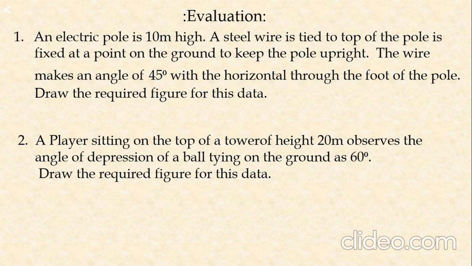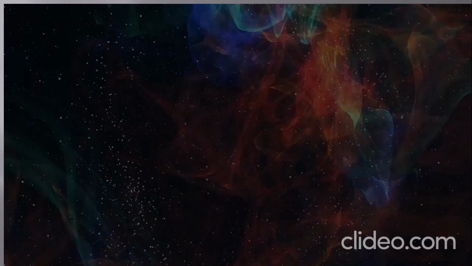He was observing the angle of depression. In the first problem I gave the angle of elevation. In this problem the observer is on the top of the tower. That is why he is observing the ground. He is observing the ball on the ground, so he needs to look downwards. So what angle should be made? The angle of depression. What is the angle of depression here? It is 60 degrees. Now just go for the drawing. You will get the solutions. Okay. Thank you.